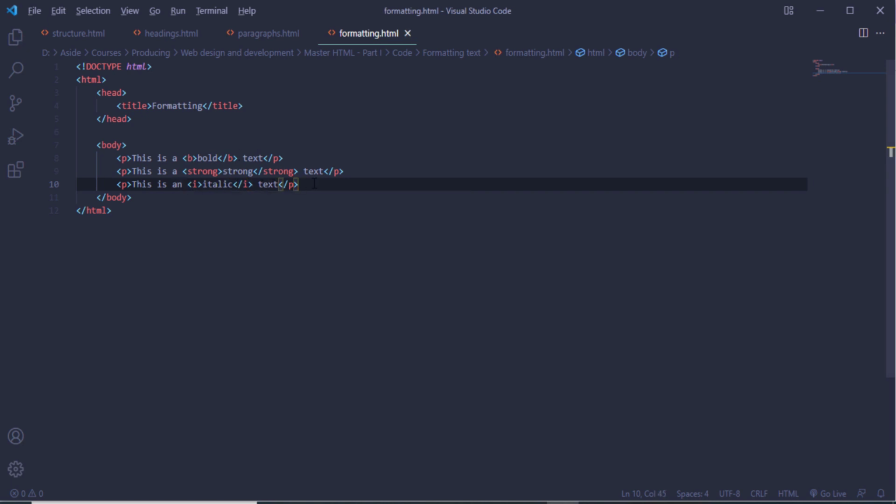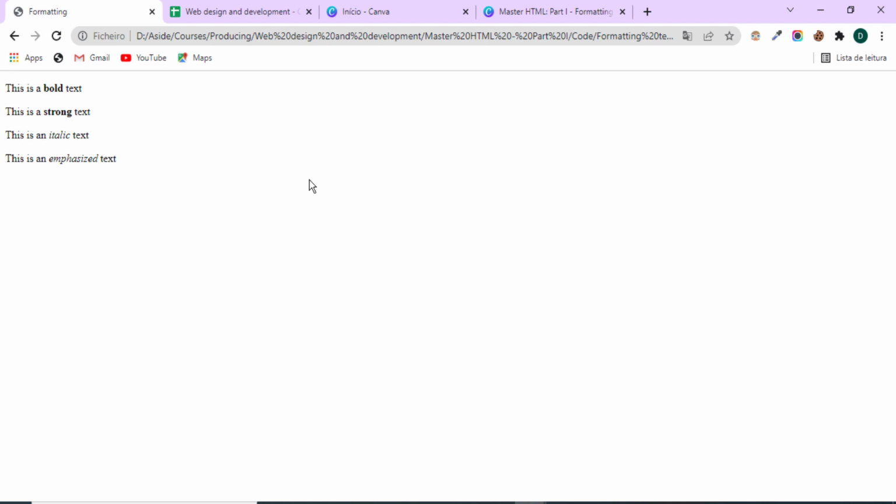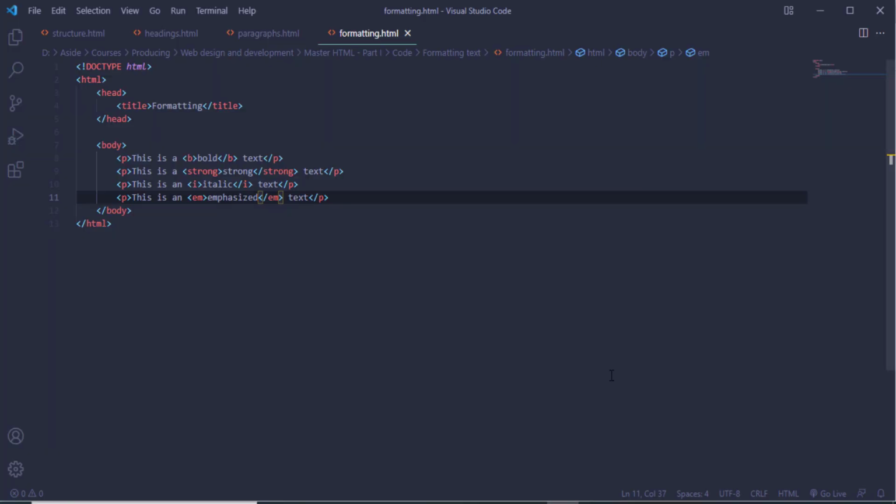Let's go next to another thing that I want to show you. This tag EM. EM stands for emphasized. So emphasized and save. This content is typically going to be displayed in italic, and the screen reader is going to pronounce the words that are between the EM using a verbal stress. F5 and here we have. We can continue and see